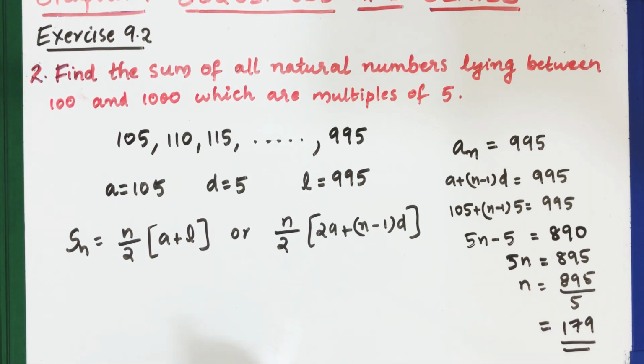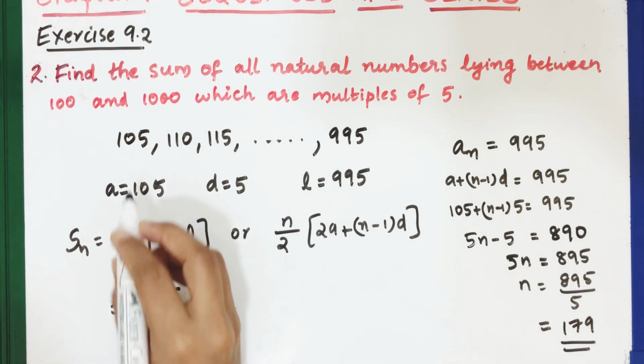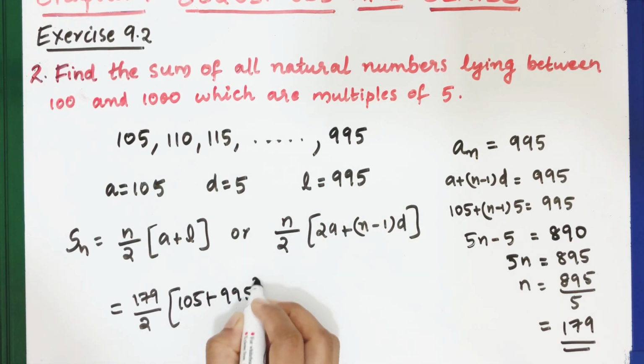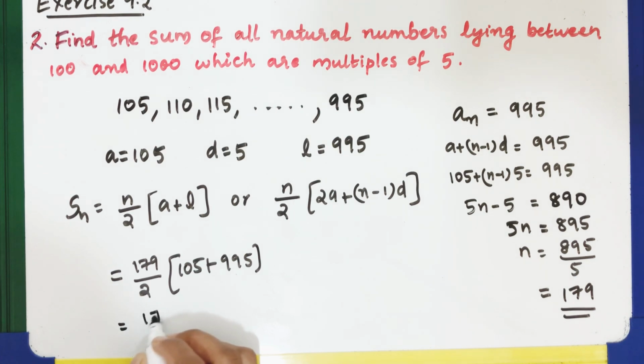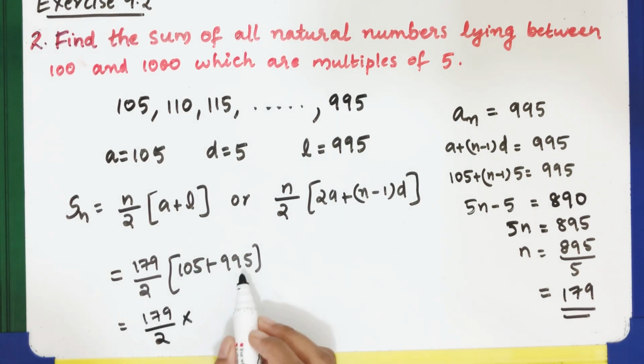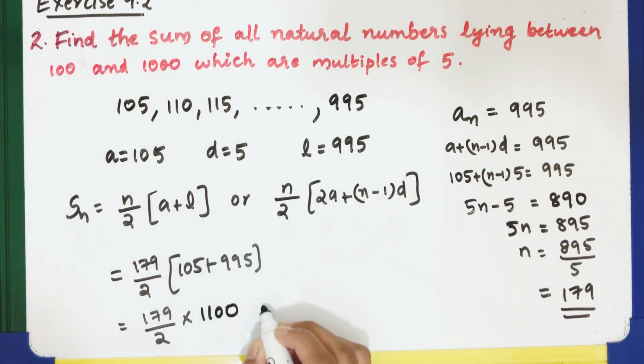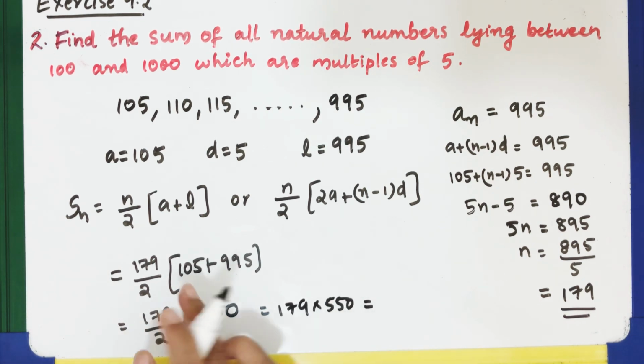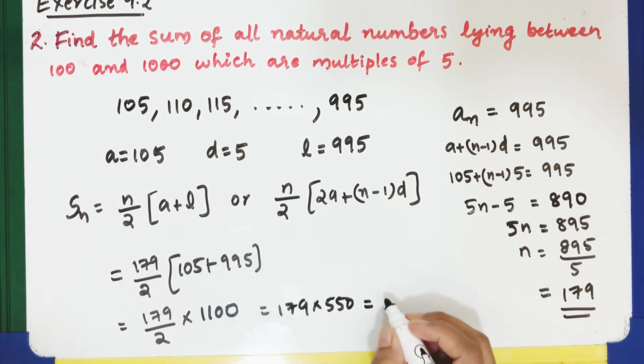So we have n. Now substitute into this formula. Sn is equal to 179 by 2 into (a, which is 105, plus l, which is 995), which is equal to 179 by 2 into 1100, which is 1100 by 2, that is 550. That is 179 into 550. You can use a calculator from this step onwards, which will be equal to